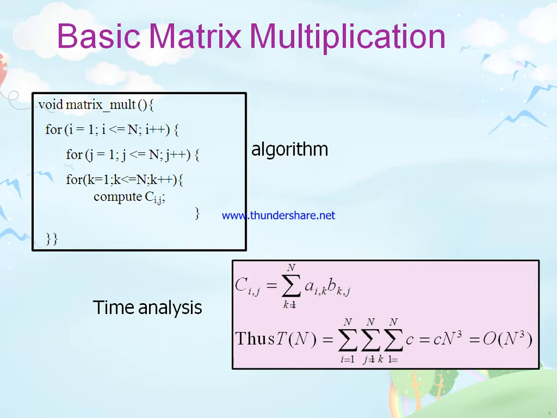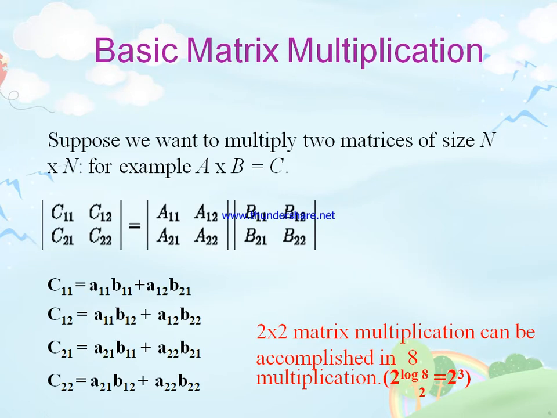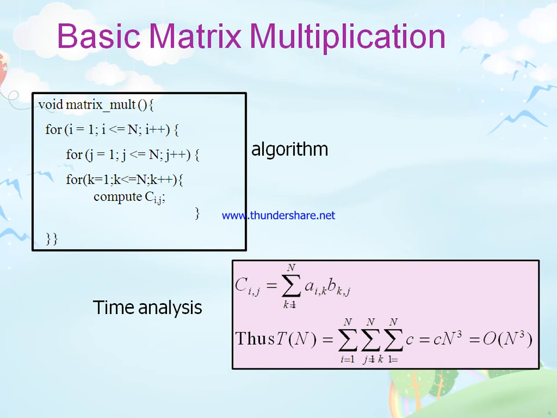So here we are simply assuming both are square matrices, having the same dimension n and n, and automatically the third one is also n. So the first matrix has dimension n by n, the second matrix is also n by n, and automatically the third matrix is also n by n.